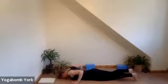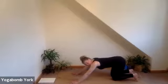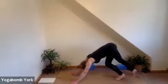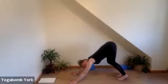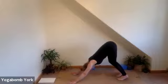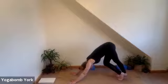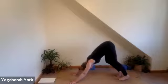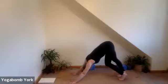Inhaling, tucking the toes and pushing up halfway. And then exhaling, tailbone back and up for downward facing dog. Pushing those fingertips away from your body, pushing your weight through your fingertips, away from your body, really lifting that tailbone, taking any movements that feel good for you here, maybe walking out the feet, maybe shaking the head, enjoying